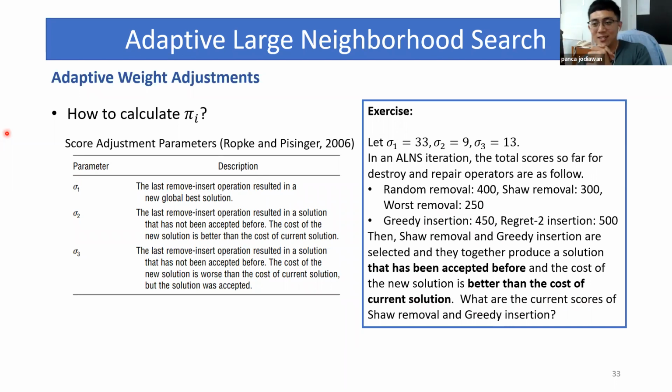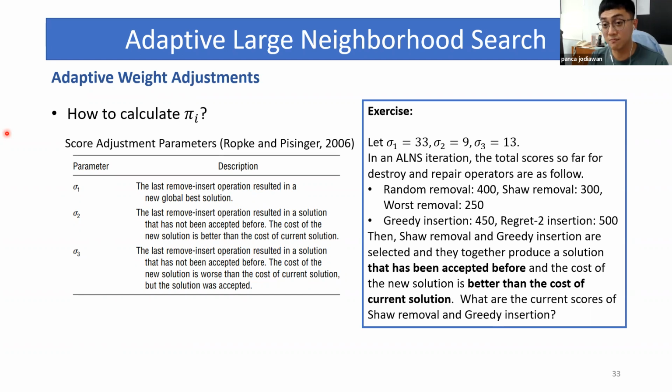Okay. So how about the others? Where are the others? So the shell removal, let's say the shell removal is 300, right? Then the greedy insertion it's 450.